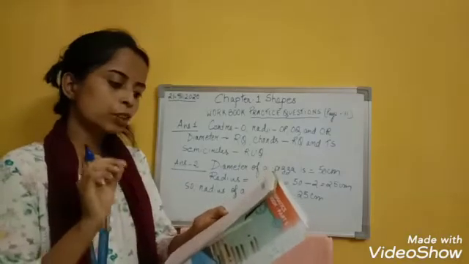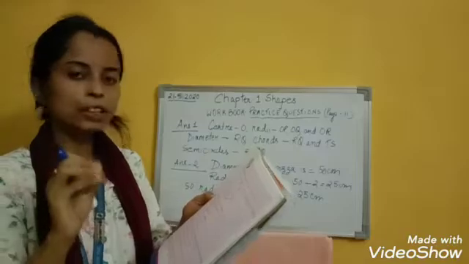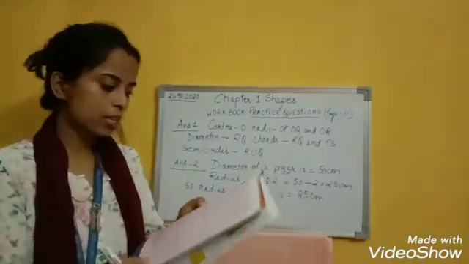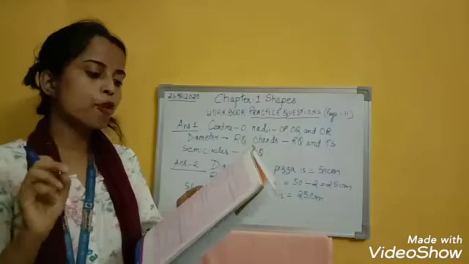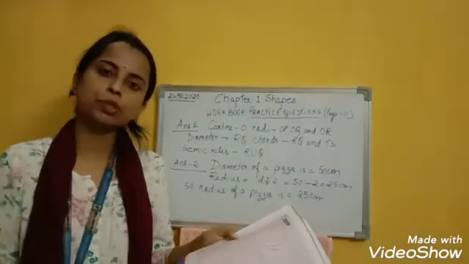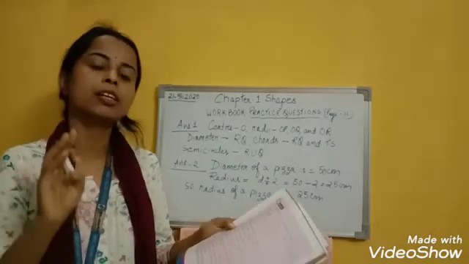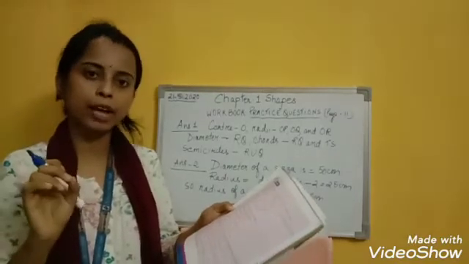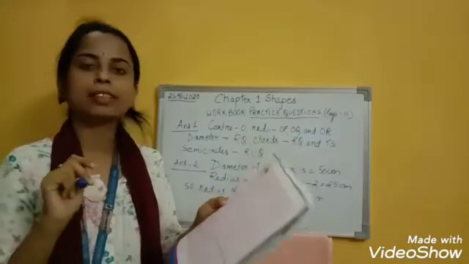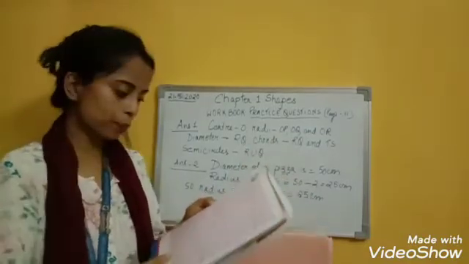Question number 4, draw a tessellation using the shape. One shape is given. From that shape you have to make one tessellation. Question number 4 is also your homework. Number 5, form a tessellation using any 2 shapes. As I have already discussed with you, tessellations can be made up of any 3 regular polygons, that are hexagon, square and triangle. So by using any 2 shapes you form one tessellation. Alright. So question number 3, 4, 5 is your homework.